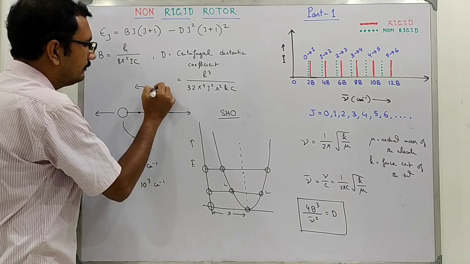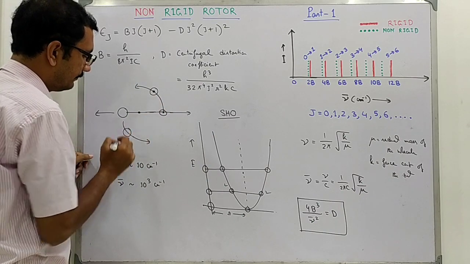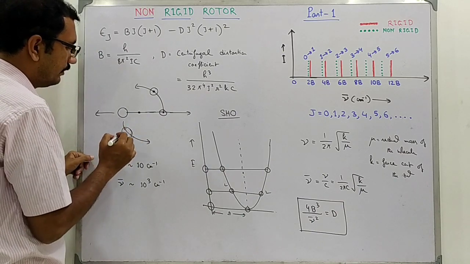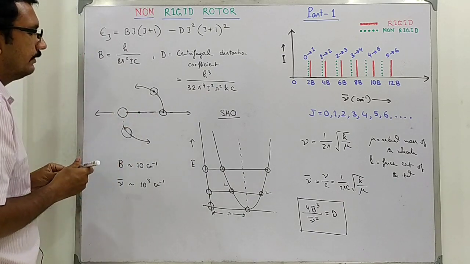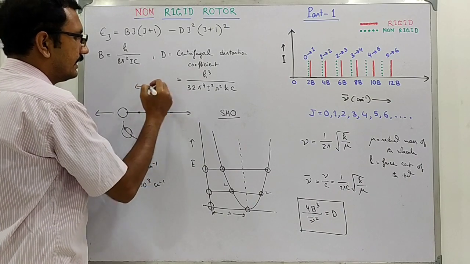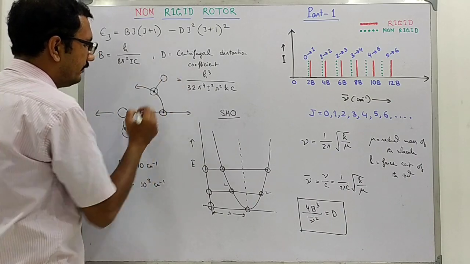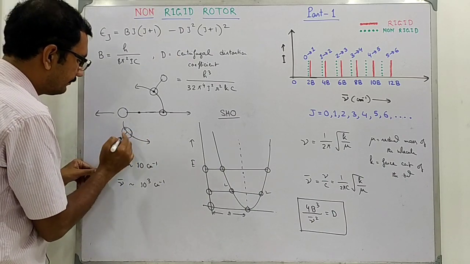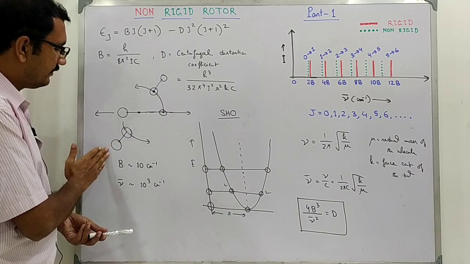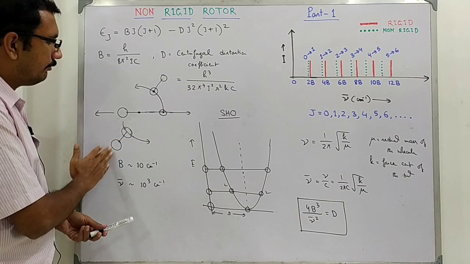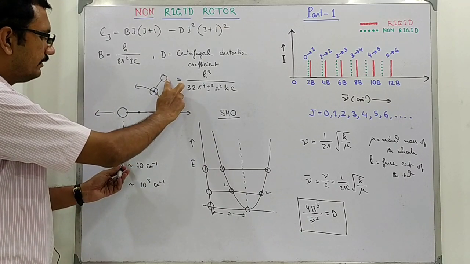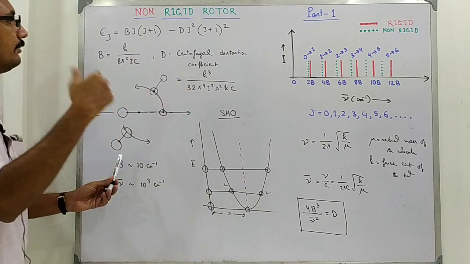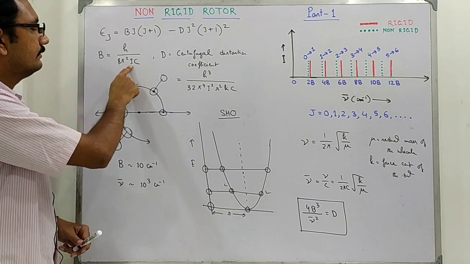So, at this position, say the molecule is vibrating while rotating, and it is in the stretched position now. Then what will be the bond length here? What will be the distance? The R has increased from the equilibrium value to this value. So, what value will we put in this I, since I is mu R square?